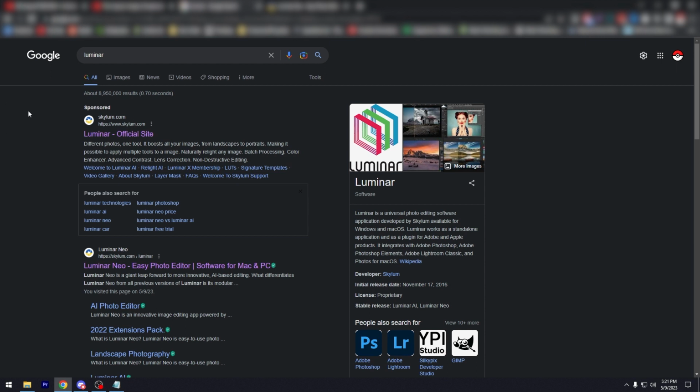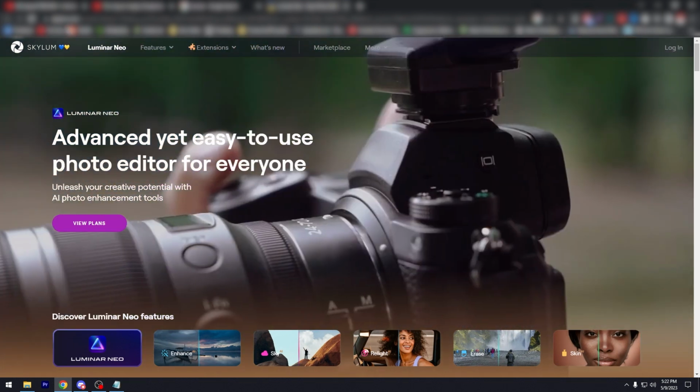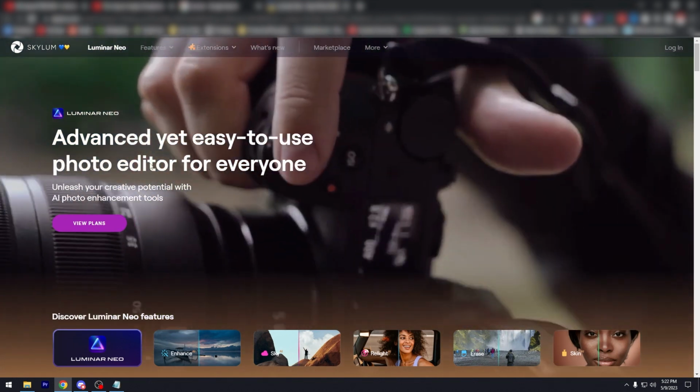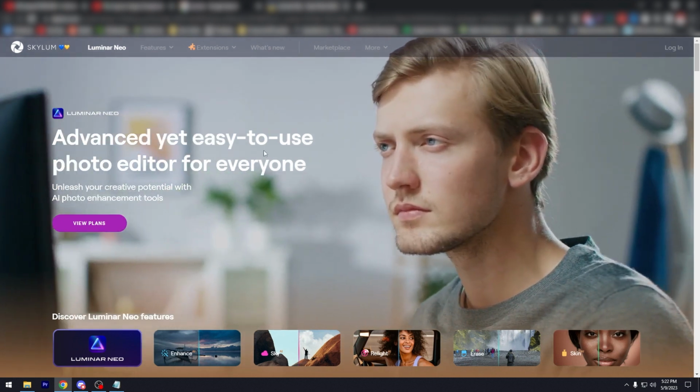want to go all in. So again, if you go to your browser, whether you're on a laptop, Mac, or PC, just go to google.com and type in Luminar, and it's going to be the first and second result. Whether you click here or here, you're going to be brought to the same website, the same homepage. It's skyloom.com/luminar. So as you can see here, Luminar Neo, they say it's the advanced yet easy to use photo editor